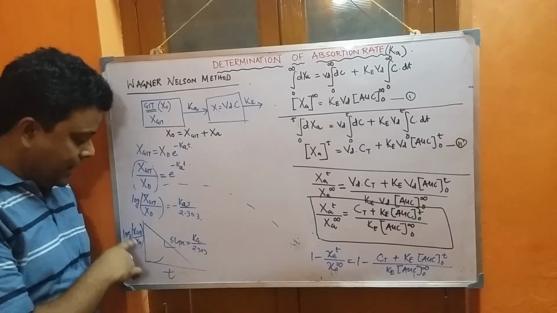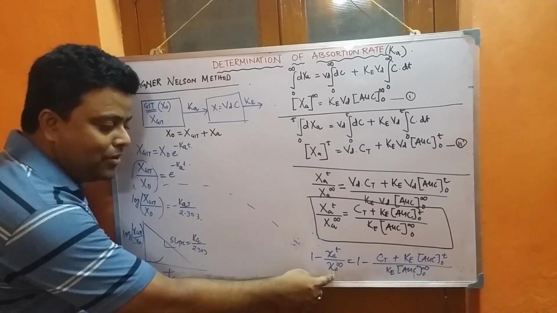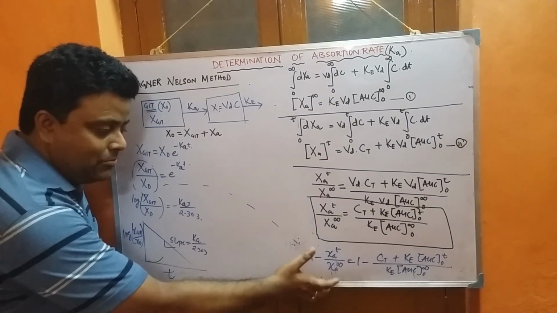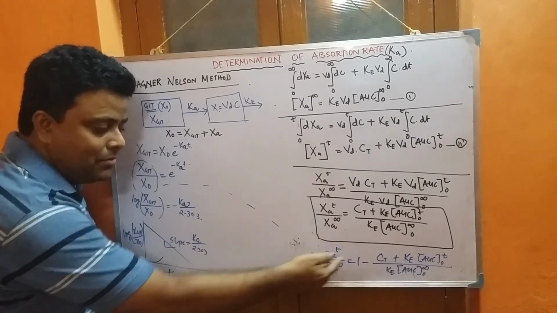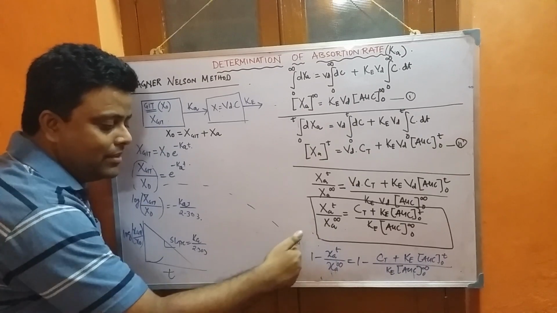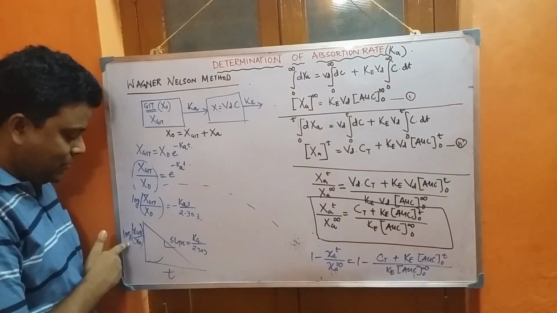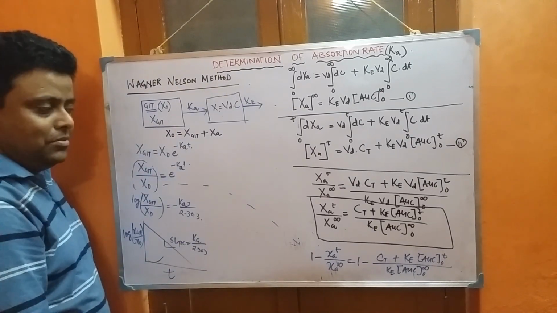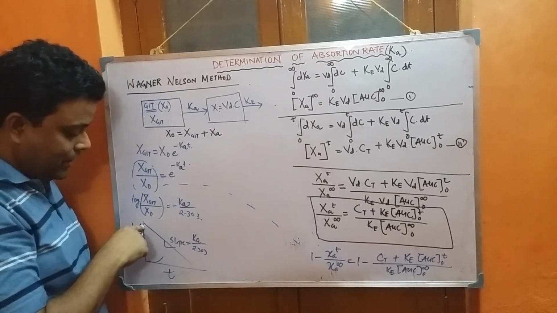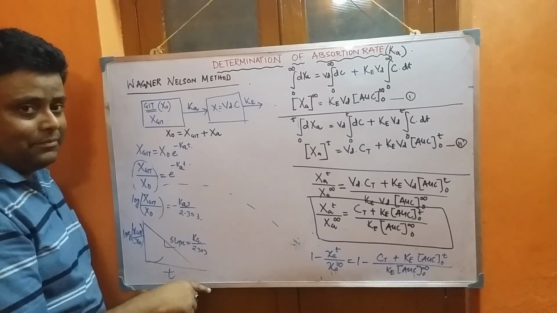So probably you will be getting this value. So this will be implied over here. So next step, I am just explaining it: take log on both sides. So 1 minus this and 1 minus this. Then take log on both sides. When you take log on both sides, you get this value. This will give you a table so that you can correlate the points with the time, and you can draw a straight line.